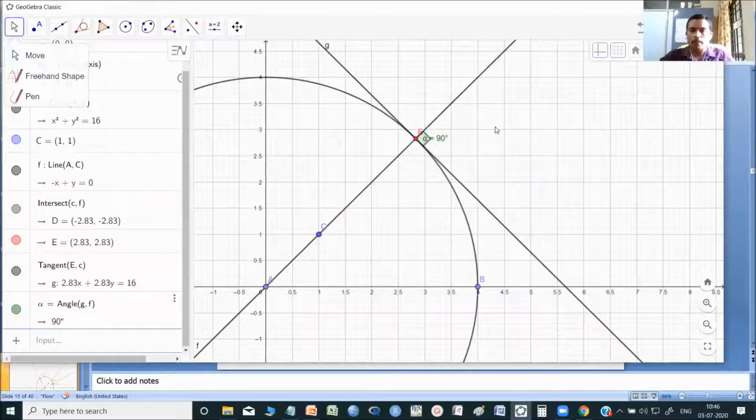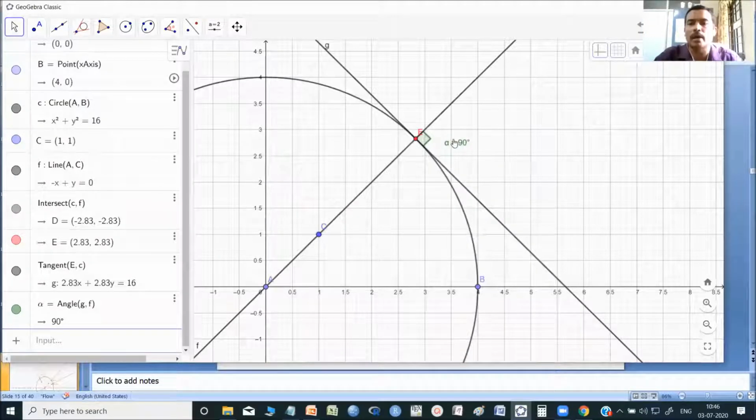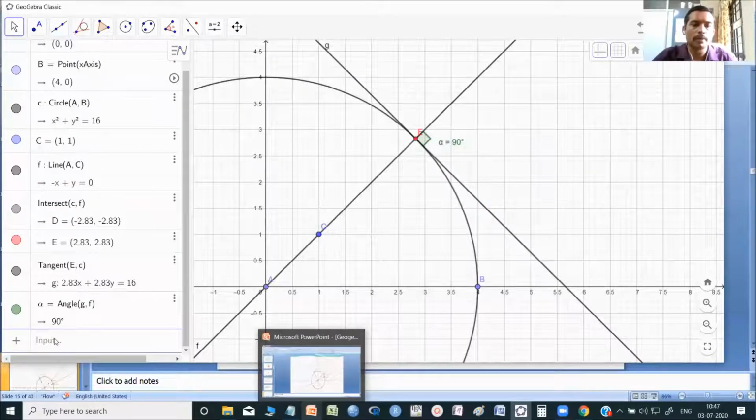Hope you could see properly that the angle between them automatically gets assigned alpha equal to 90 degree. Mostly we use alpha, beta, gamma for angles. So at the point of intersection, angle is 90 degree. So easily we can explain all this concept, angle of intersection of any two curves. So let me move on. I have one more example.